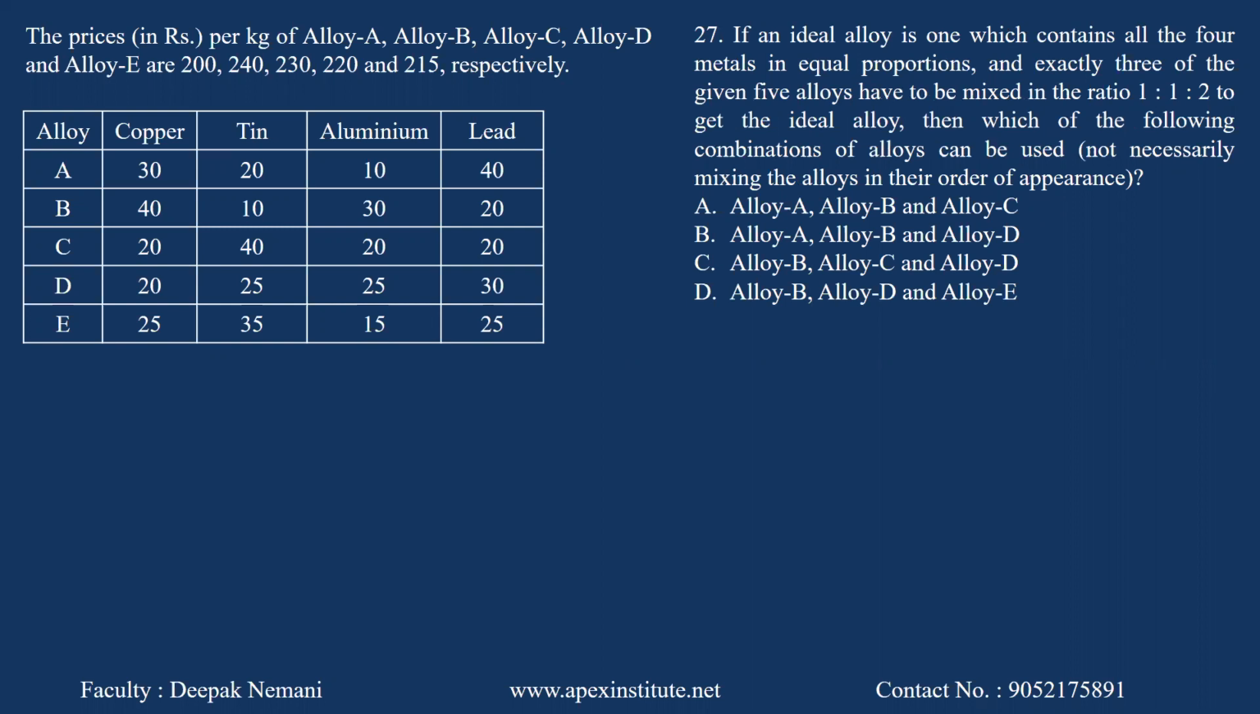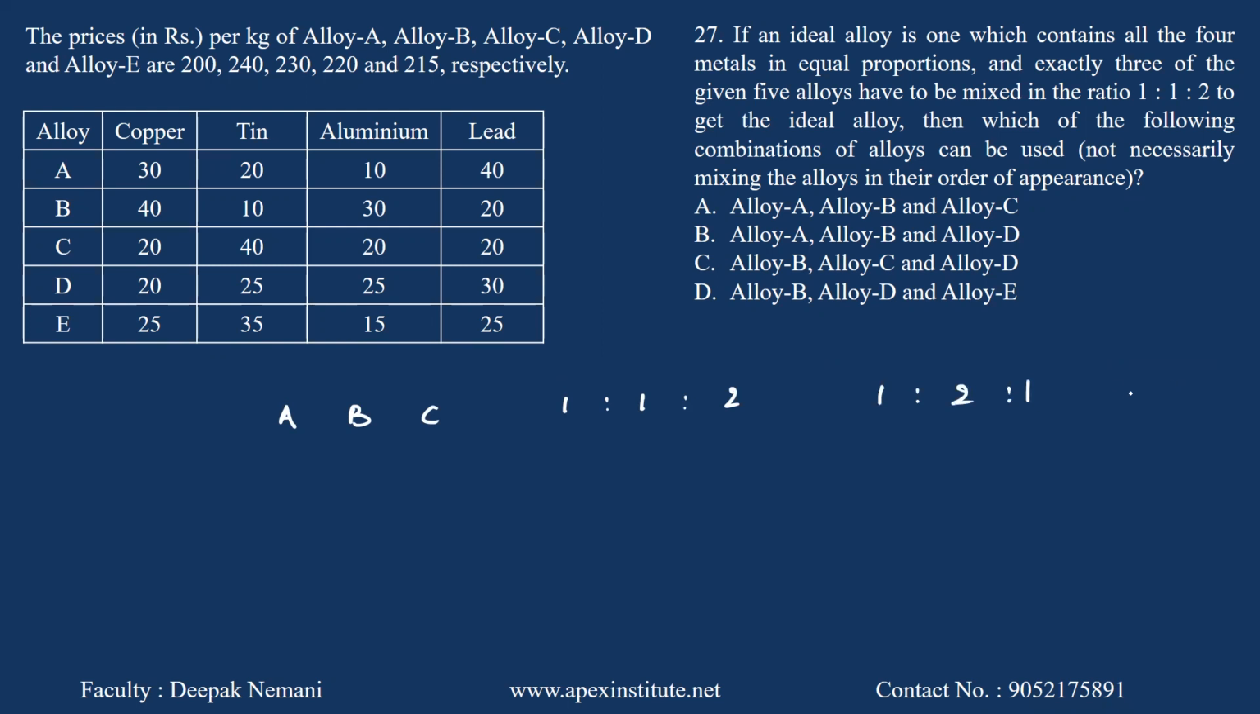Now 27. If an ideal alloy is one which contains all the 4 metals in equal proportions and exactly 3 of the given 5 alloys have to be mixed in the ratio 1:1:2 to get the ideal alloy, then which of the following combinations of alloys can be used? Not necessarily mixing the alloys in the order of the preferences. Okay, so A, B, C. So the ratios can be either 1:1:2,